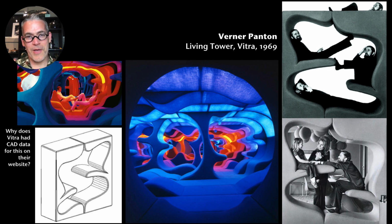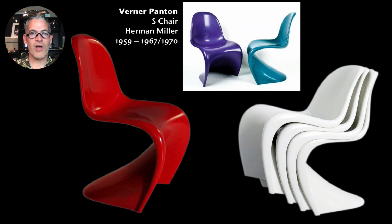And in searching for more images to share with you, I was surprised to discover that Vitra has a CAD model of this available on their website. I'm not certain what I would use that for, but I thought I'd show it to you anyway. Panton thought the color white was so boring that he said it should be taxed. Anyway, I just thought you should know a little bit more about him, but we need to get back to